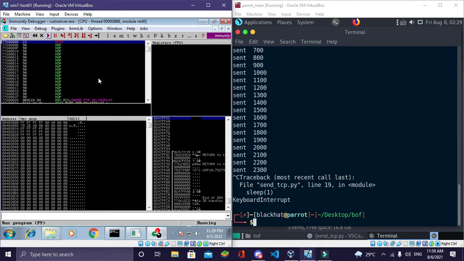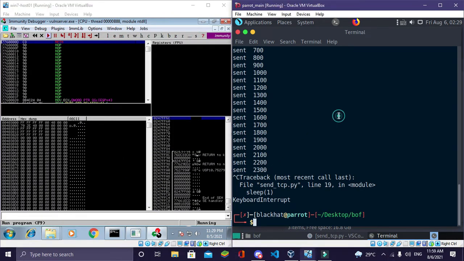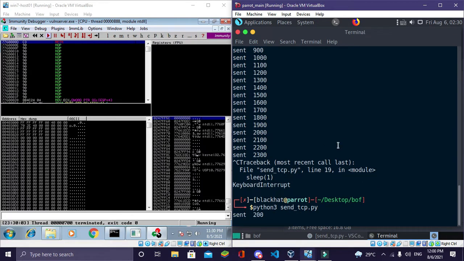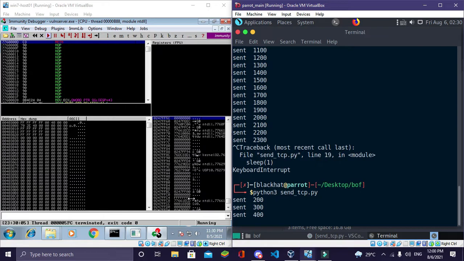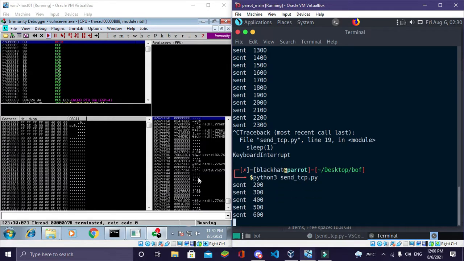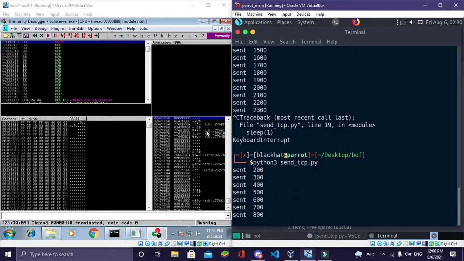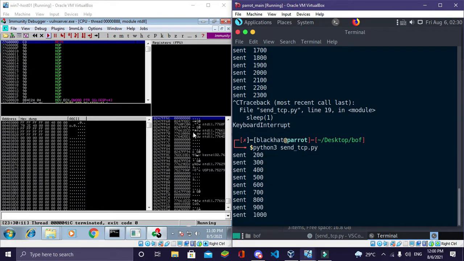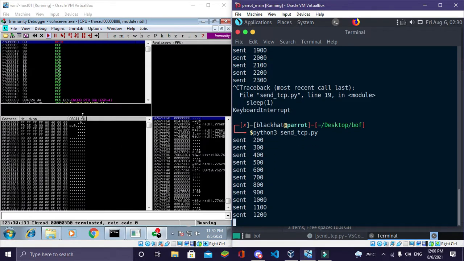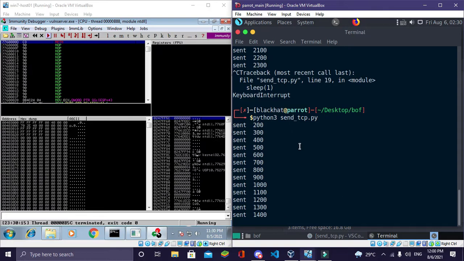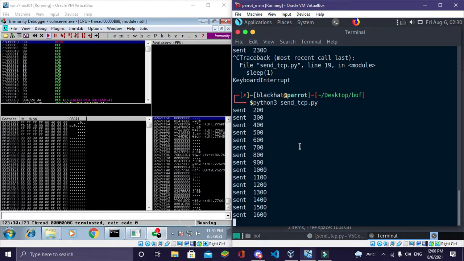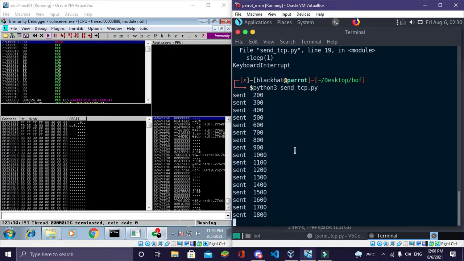and we can see what is going on here. And I'll run that script again. Now you can see the values are changing here, which means some kind of bytes or some kind of data is received into this server, and at some point it will break.